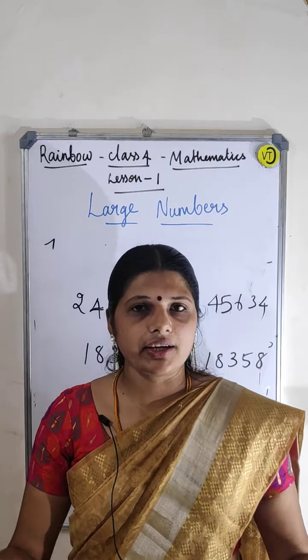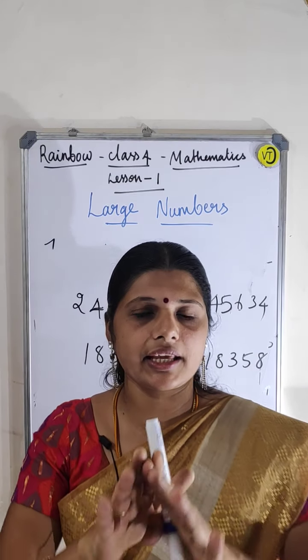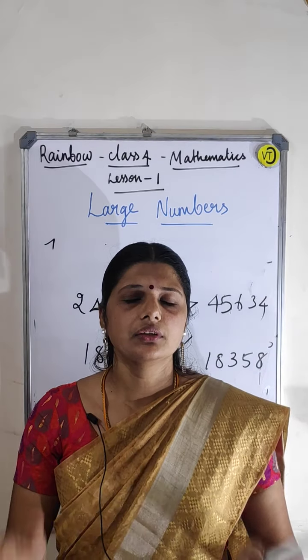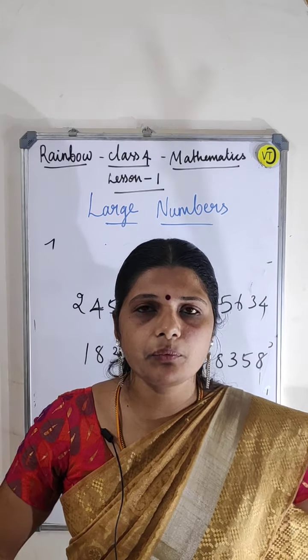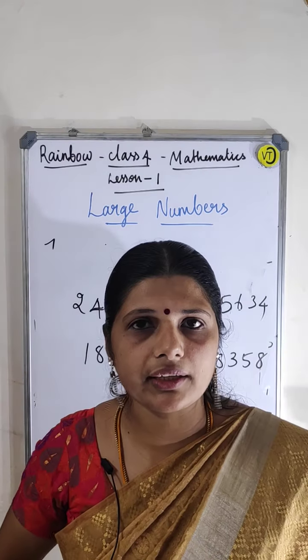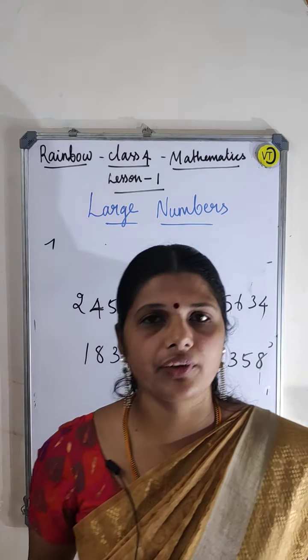Okay, in the case of 5 digit, 6 digit, 7 digit, it is the same thing. Or any number of digits, whatever it is, you don't need to care about it. Do what I told you: take the digits one by one and compare them, and then you can find which is the bigger number. Okay.